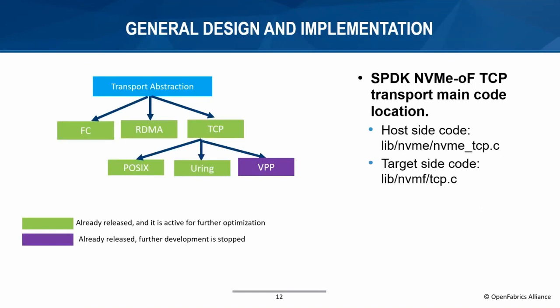I was just curious, since the design you put up on the screen had connections pinned to specific CPUs in order to get rid of the lock contention and everything else. What happens if you have an unruly load? Like if you have a lot of data coming in from hosts that happen to be pinned to the same CPU while you've got other CPUs that are sitting idle, do you end up overloading that one CPU core while other CPU cores sit idle?